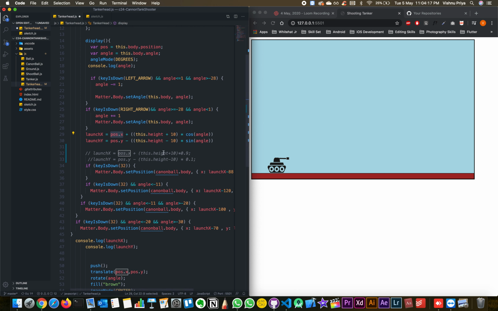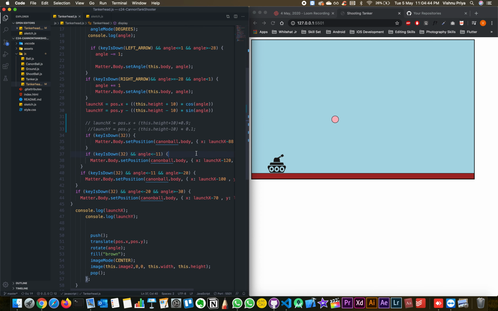Now when I comment out the other two and put sine and cos, I want you to observe the difference. Right? If you see, my ball is generated from the header. So that is the reason I have used cos and sine. It generates a number between -1 and 1, but it completely depends on the angle. That is why I use the launch position.